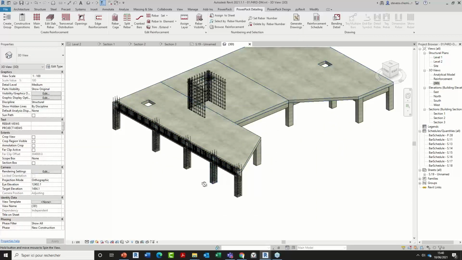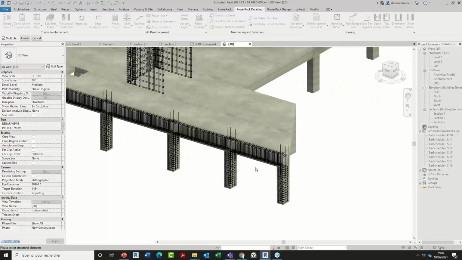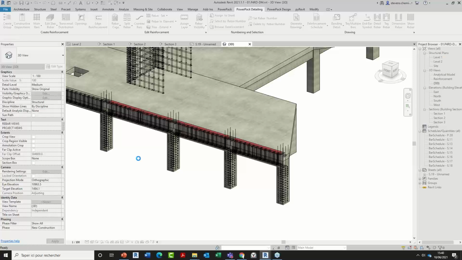Once those settings are done, let me go back to the model. We can generate the drawings if I select multiple objects. That's what is interesting, the fact that you can select multiple objects at the same time.